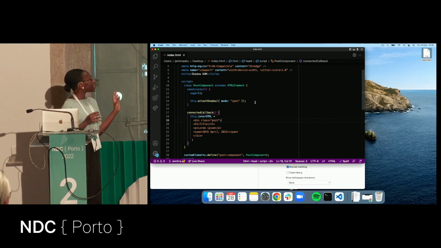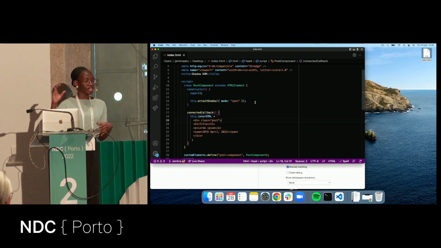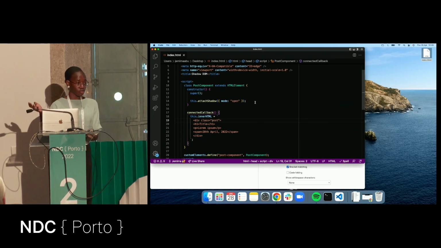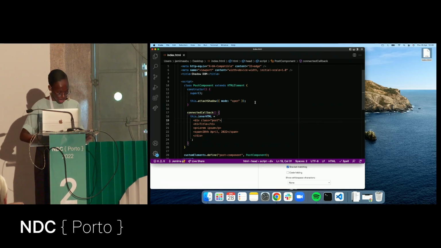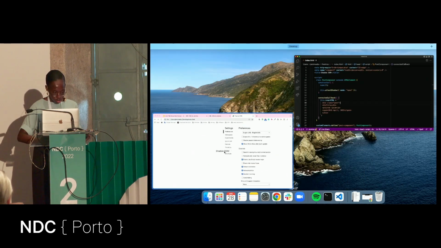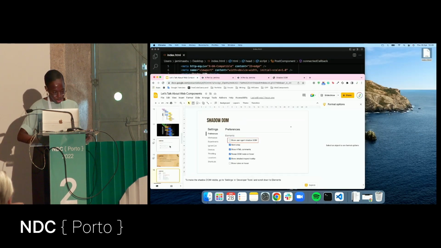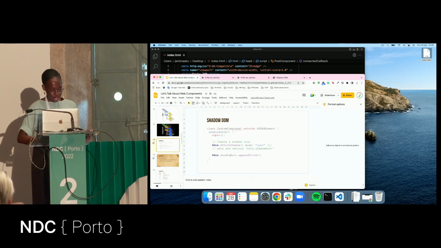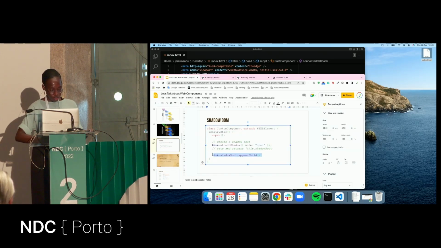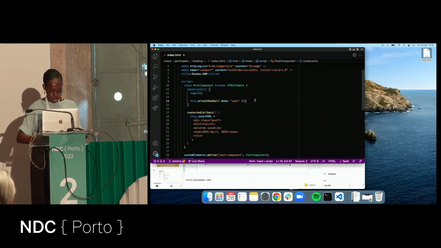So what we've done now is that we've attached this to a shadow. We've made this a shadow component, but we haven't attached it to anything. Because now that this is a shadow component, we've removed it from the main DOM. So right now, the shadow root is not attached to anything. So what we want to do is make sure that we are attaching this element as well to our shadow component. So if we go back here, yeah, here is where we actually append the child. And if we try this here,